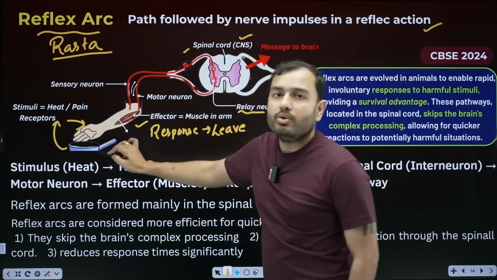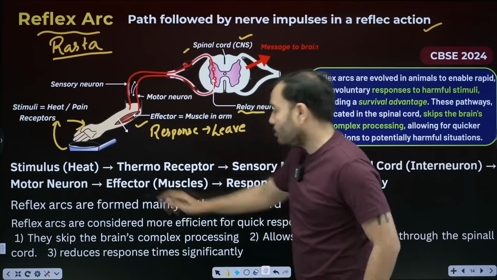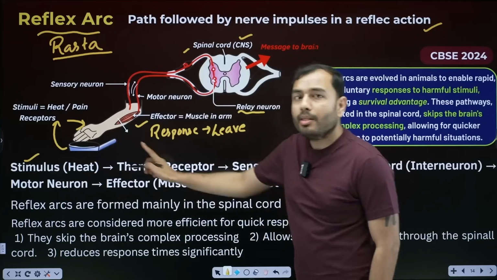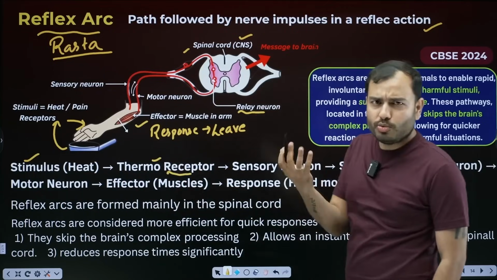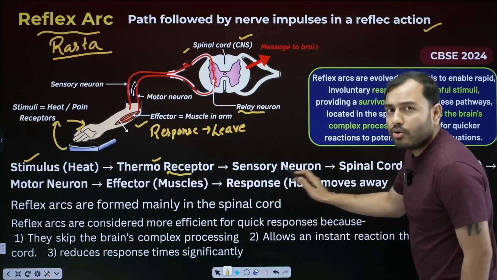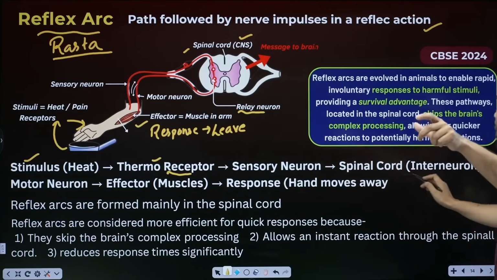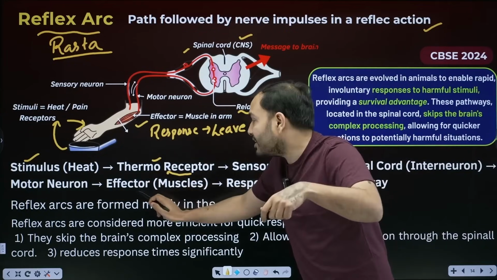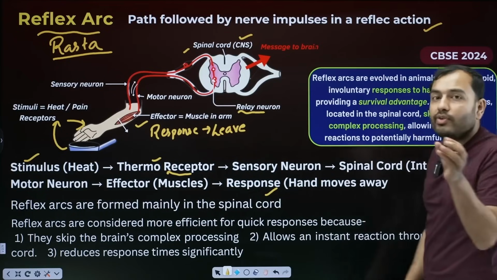What do we call this full path? We say it is the reflex arc. So the reflex arc path, if I want, I can write it. First, the stimulus will come, like heat here. After this, receptors will come, here a thermoreceptor, but in general it's a receptor, it can be anything. After this, the sensory neuron. Where will the sensory neuron go? To the spinal cord, and inside it, relay neurons or interneurons. After that, the motor neuron will go where? To the effector muscle. Then from there, it will give a response. So this becomes our reflex arc.